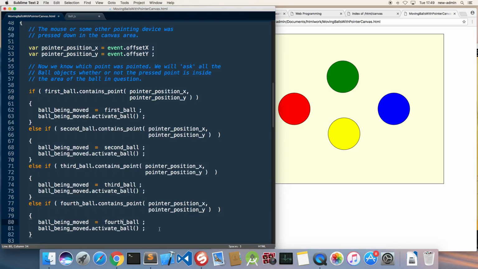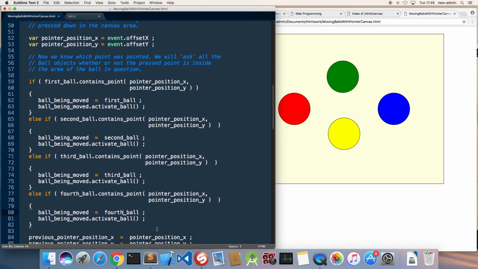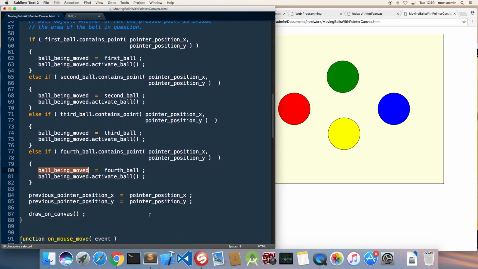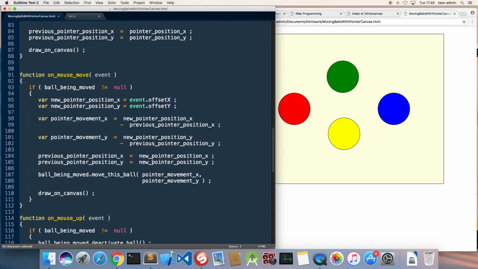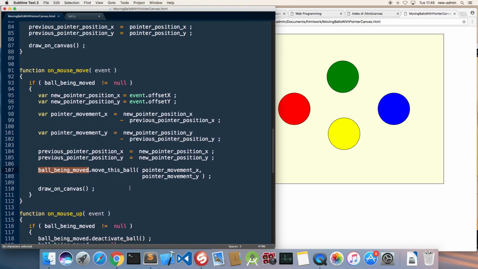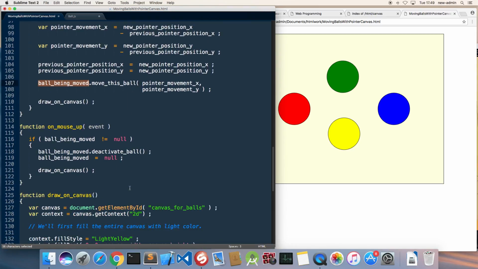But this should be enough, I think, because now this starts referring to the fourth ball, and it's always this variable that is referring to the ball being moved, so I don't have to make any modifications to the other mouse related functions. So I will save it